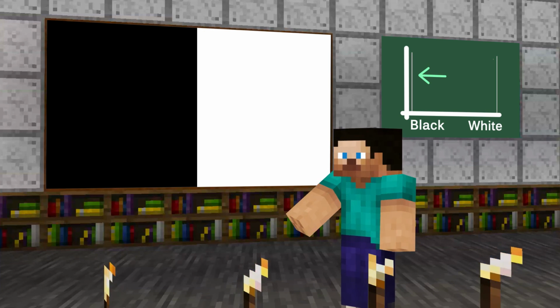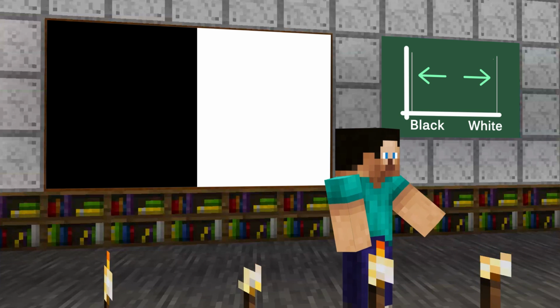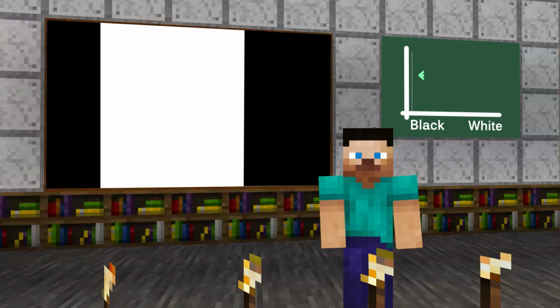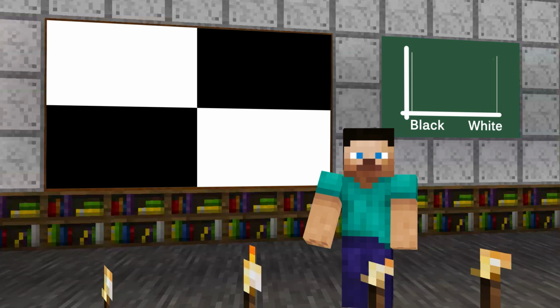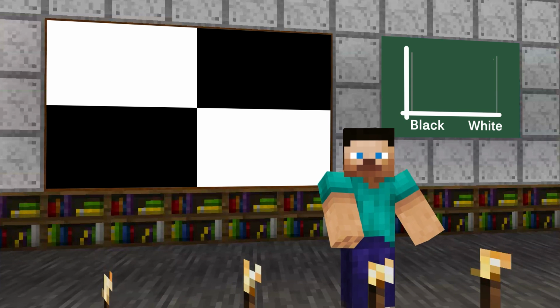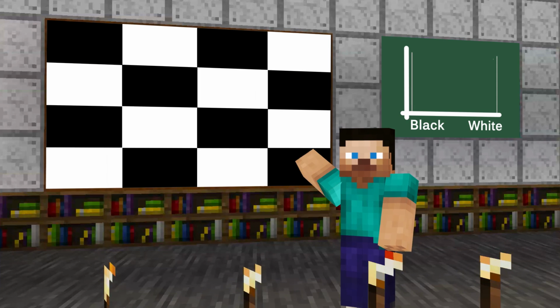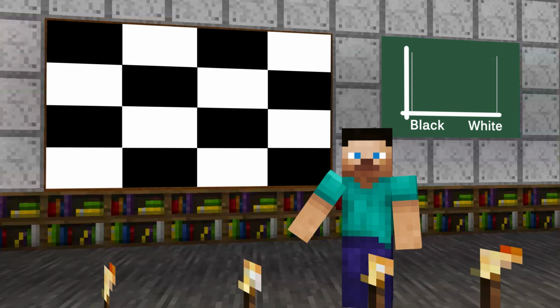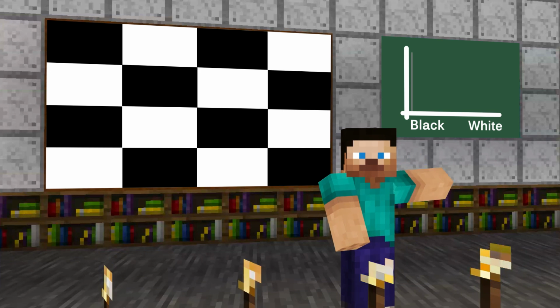This black and white image gives us 2 bars in just the black and white columns on the 2 edges. This black and white image gives us the same histogram because the relative amount of black and white portions of the image are the same. It doesn't matter how we divide this up. As long as we have the same number of black and white pixels, the histogram remains the same.